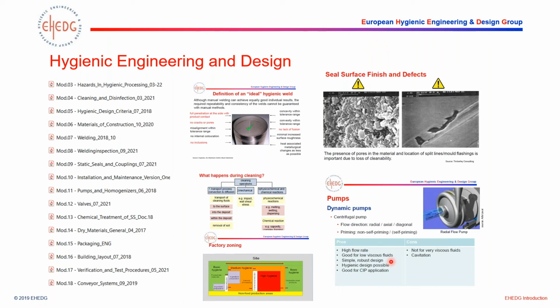cleaning detergents and disinfectants. So this is just a host of the modules that we actually cover. It goes in depth in terms of hygienic design across all those parameters that we discussed. So it relates from direct contact surfaces right through to indirect, and aspects of importance and actions that we need to take to ensure that we mitigate any risk